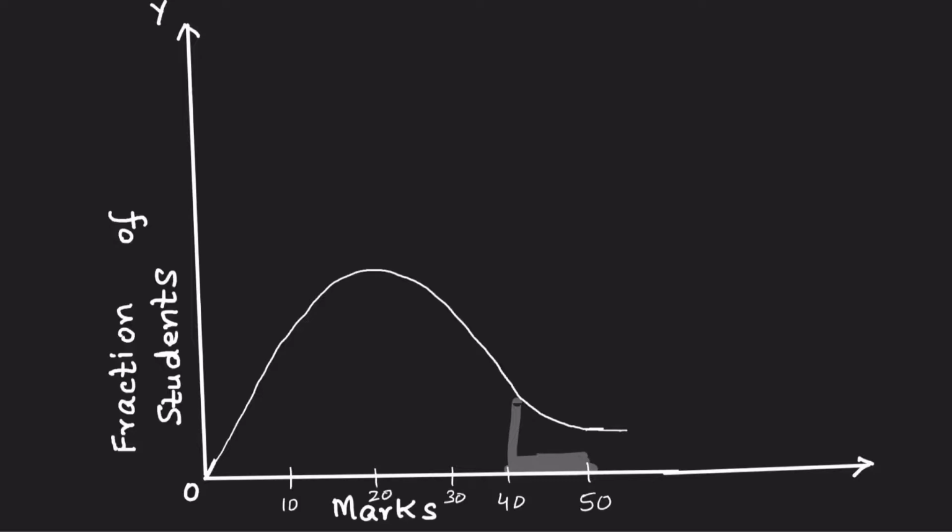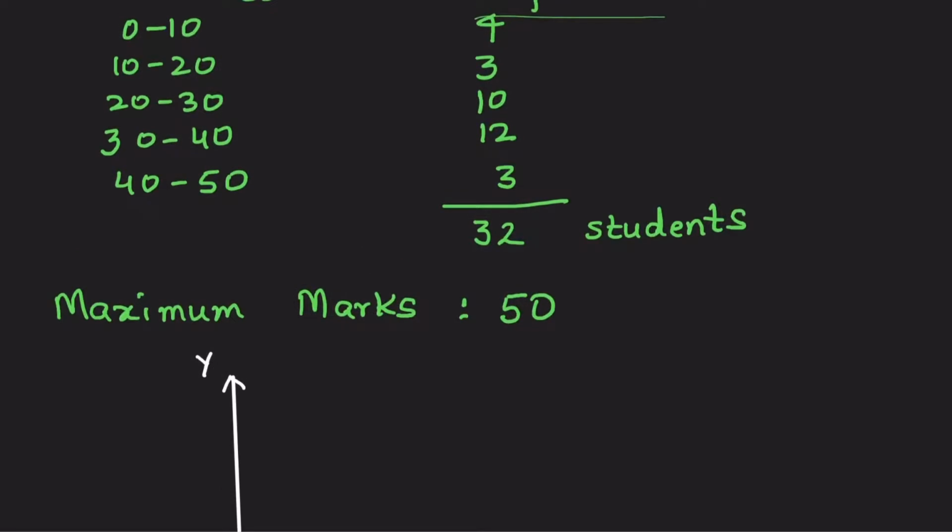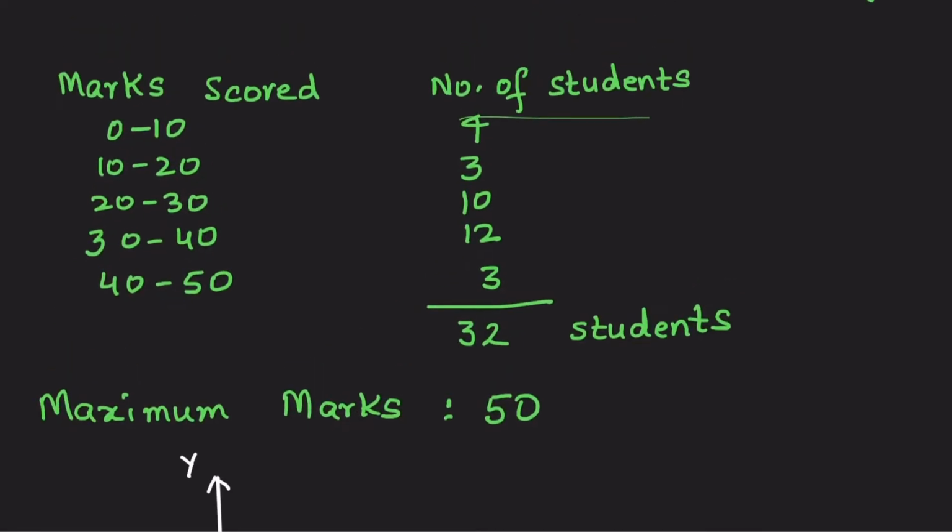So, this would represent the fraction of the total number of students who are going to pass in the test, correct? Now, let us imagine that you have watched this video very, very carefully. You've practiced your questions and all the students in your class start working hard. So what will happen? What will happen to this data over here, right? Do you think there will be a change over here?